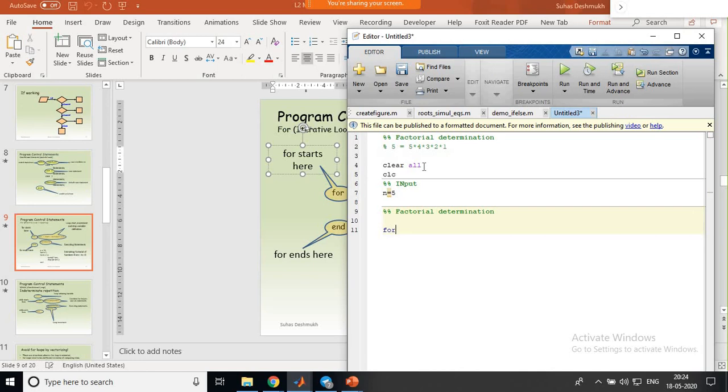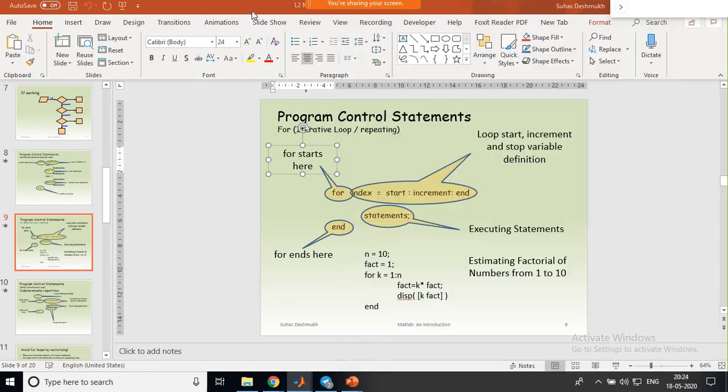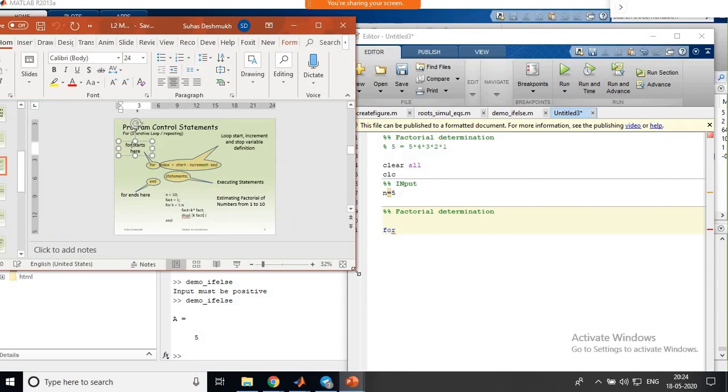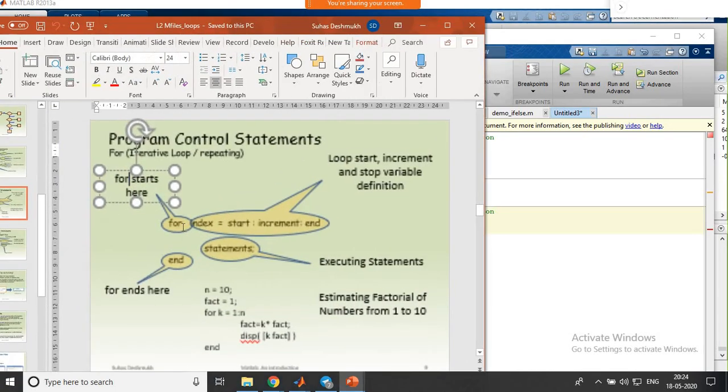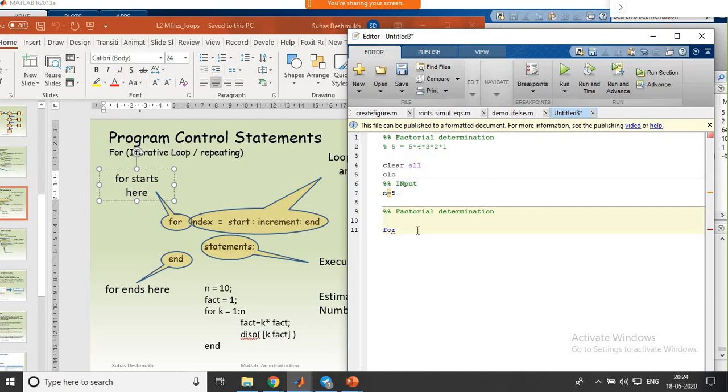Then I will write a for command. You can just look at how it is going to execute. For, then you need to write a certain index. I'll give i as an index. Then I want a start and increment. I will start with 1 because we are going to write the program this way. Now instead of 5 4 3 2 1 multiplication, I'll write 1 multiplied by 2 multiplied by 3 multiplied by 4 multiplied by 5, and then I will stop. Anyway, if you change the sequence, the output will be the same.